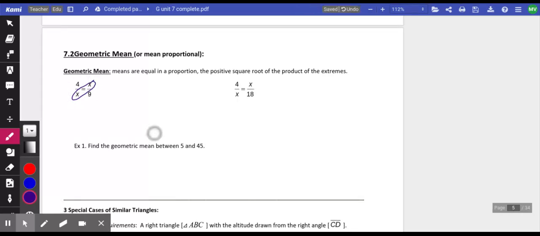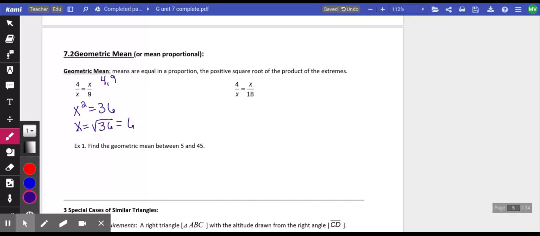So to find the geometric mean of two numbers, 4 and 9, I set up the proportion where it's the first number over x equals x over the second number. I solve this by cross multiplying, so I get x squared equals 36. And then remember to get rid of x squared, I take square root, so it's square root of 36, so